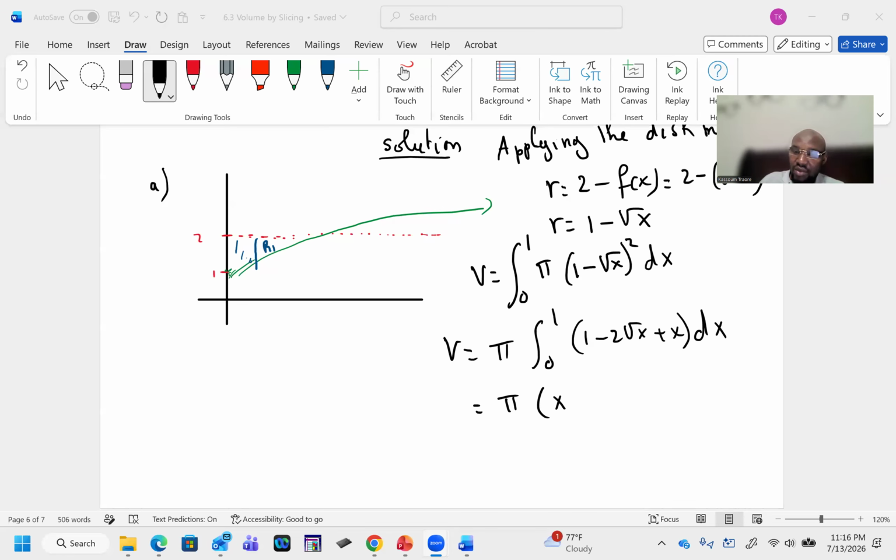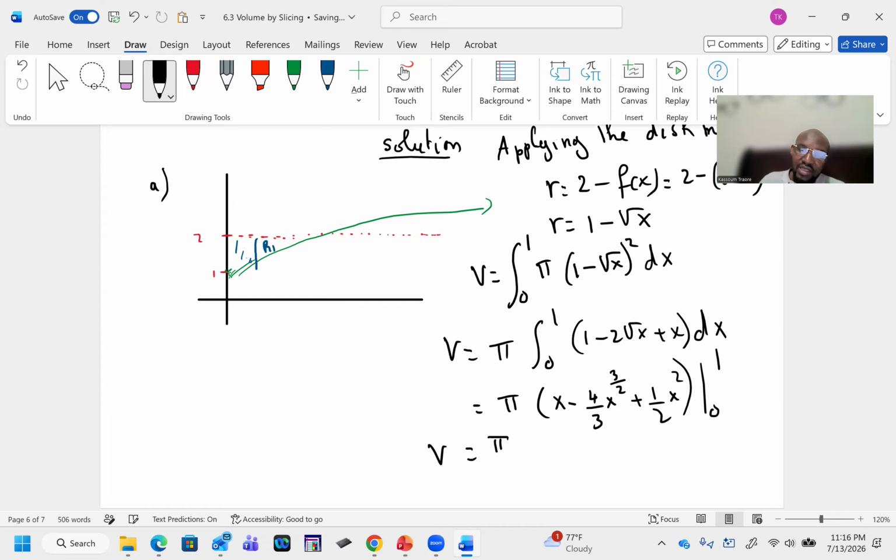Always take your time, okay? That is, this one will be negative 4 divided by 3 x to the power of 3 divided by 2 plus 1/2 x squared from 0 to 1. So if I substitute my 1, you will see the volume will be pi divided by 6,